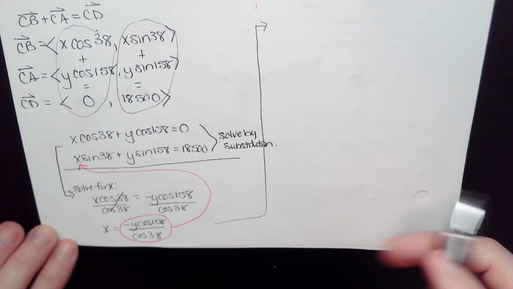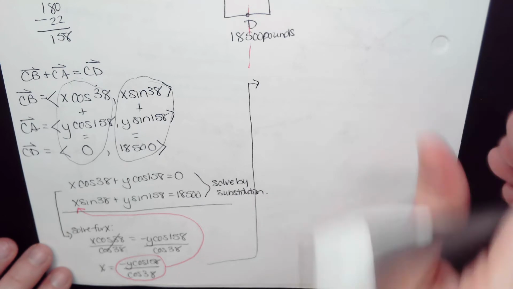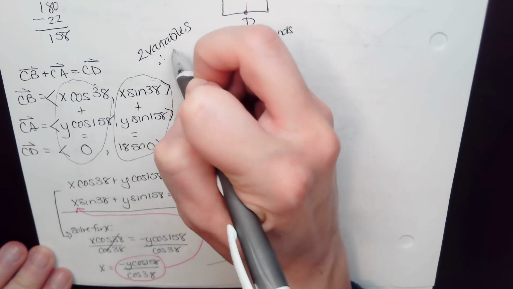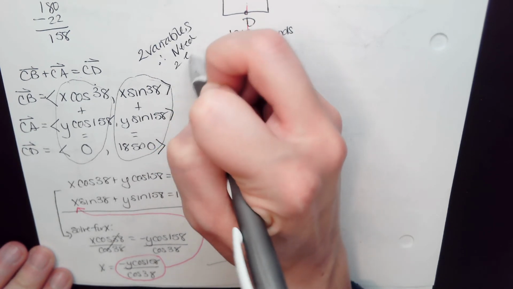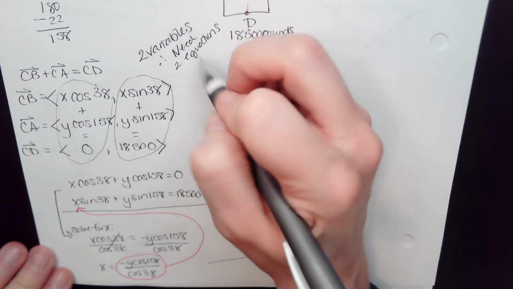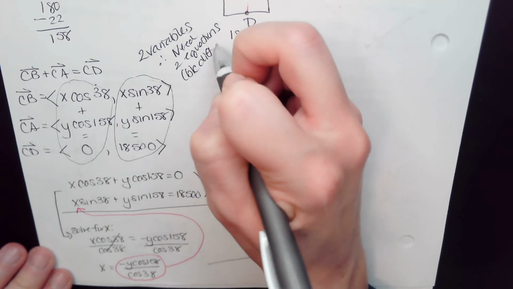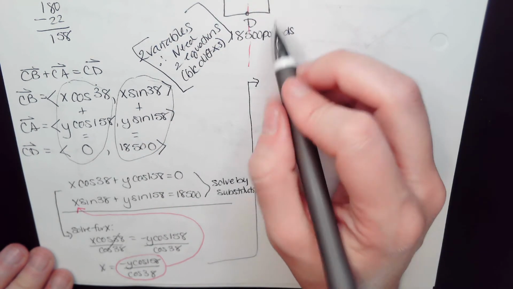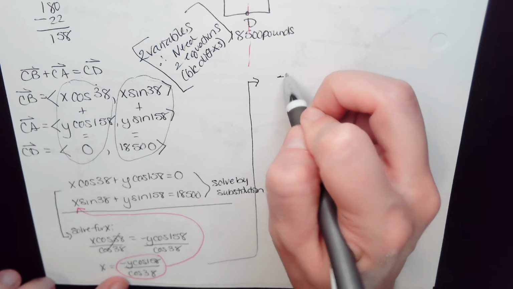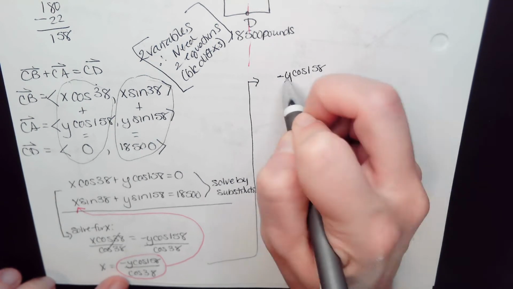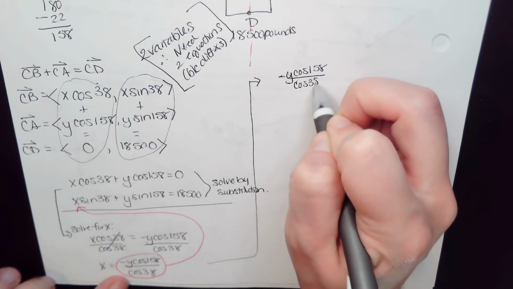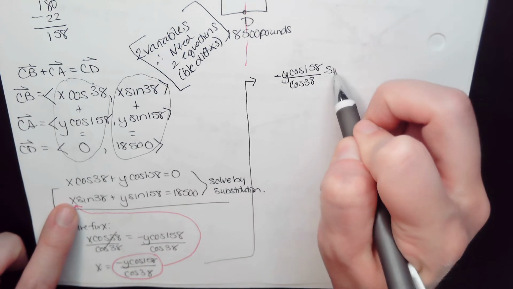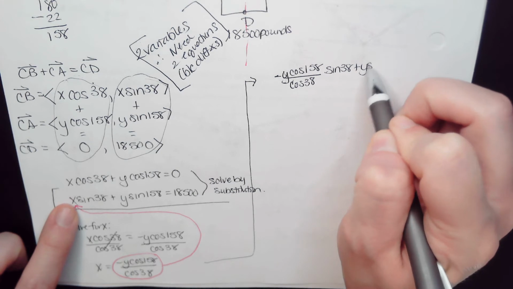All right, so now, and again, we might want to make a note: two variables, therefore need two equations, and that's because you have different angles formed with the horizontal. All right, so now let's take this negative y cosine 158 over cosine 38, and I put that in for my x right here. So now I'm just going to write the rest of the equation out. So times sine 38 plus y sine 158 equals